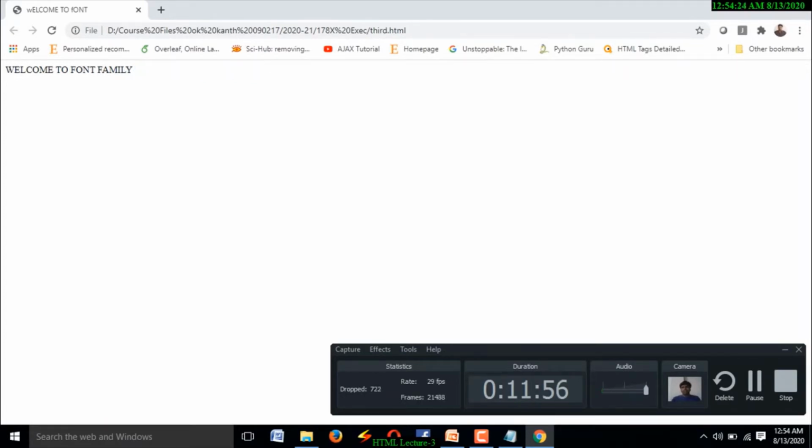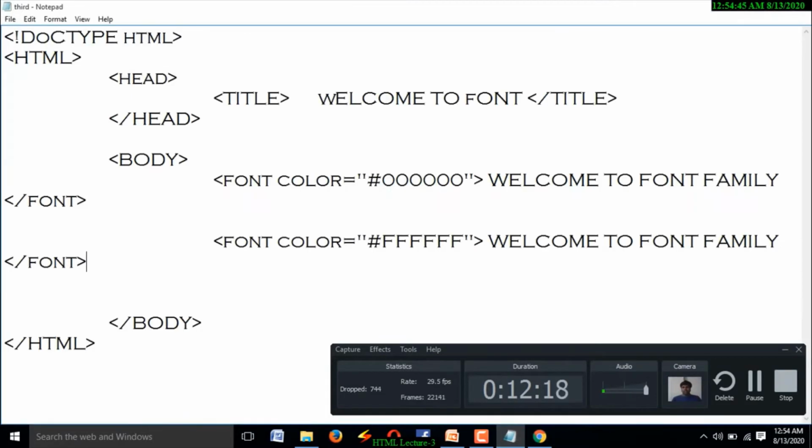Why? Because the text is in white color and the background is in white color. Because of that reason, the sentence is not visible to you. Once you select this location, you are going to see the complete text.